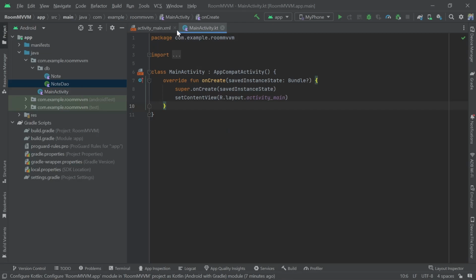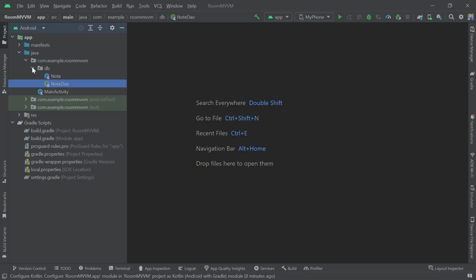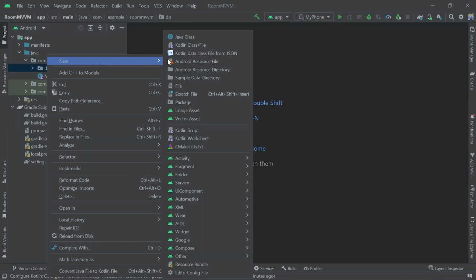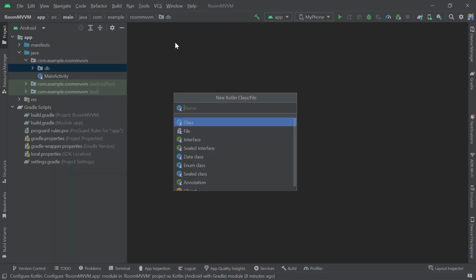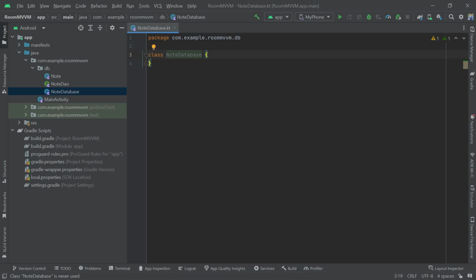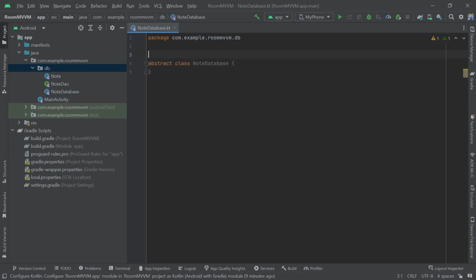So let me close this. Inside of this same DB package, we will be creating a new Kotlin class, and that will be a Kotlin abstract class, and that is because we don't have to get the object of a database directly. So we are going to implement it as an abstract class. Okay, so this will be our NoteDatabase, and this is an abstract class,